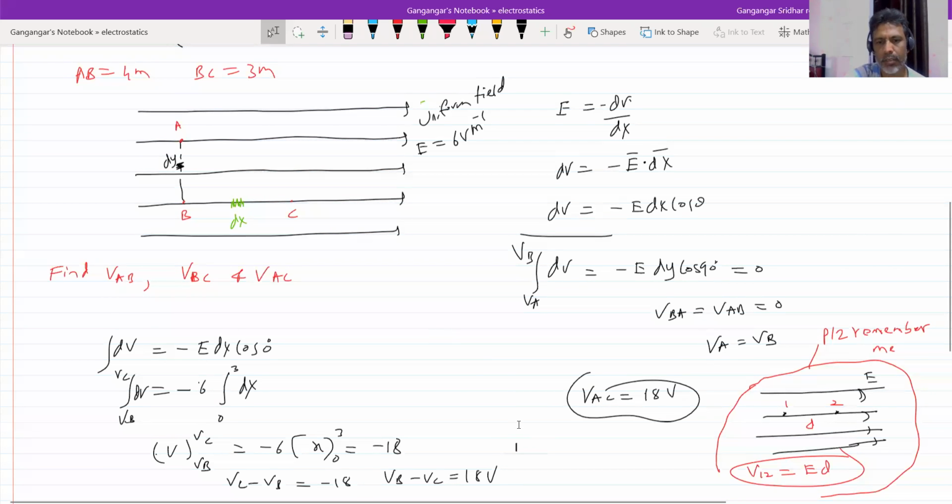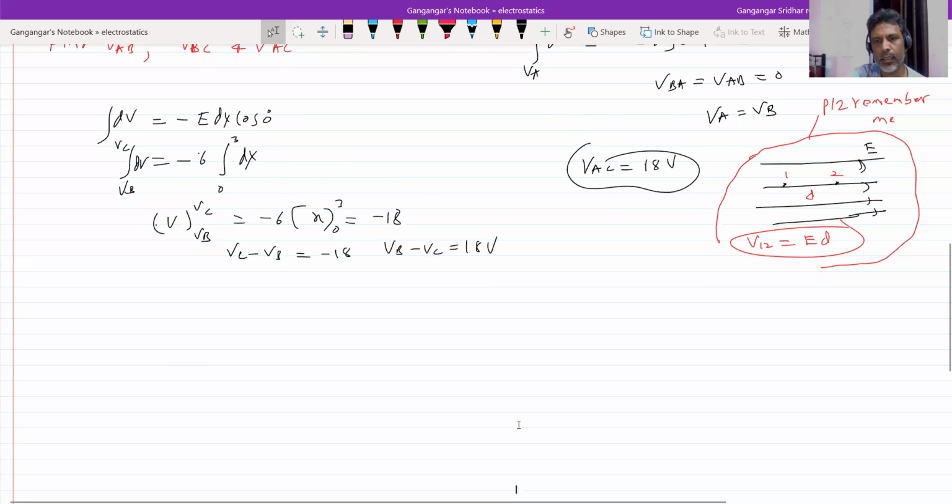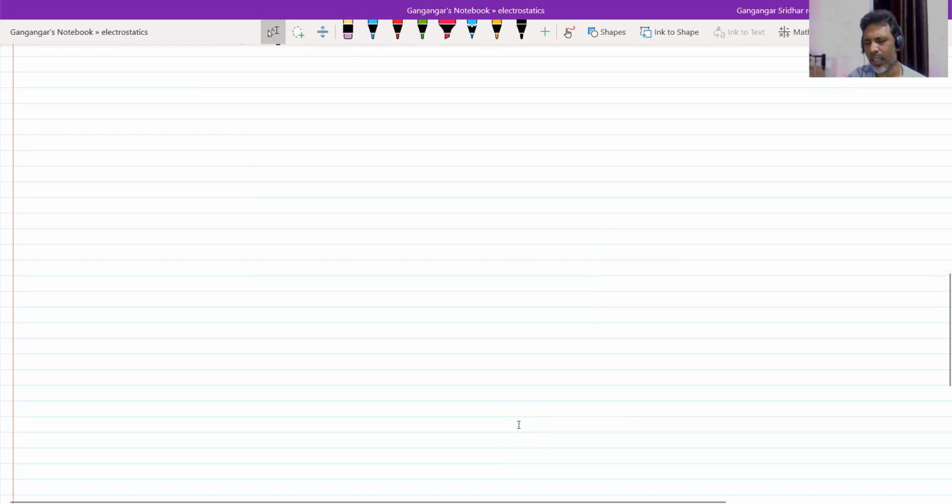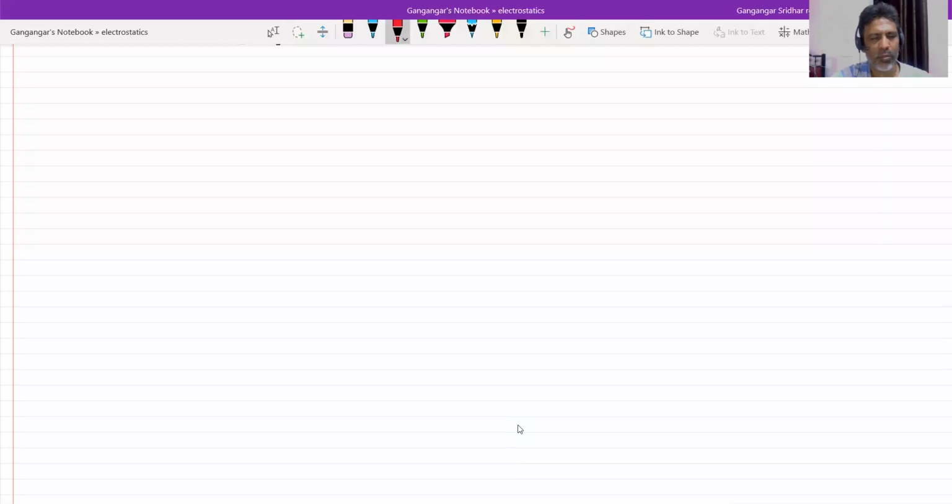I'll scroll down. Let me give. In books, they're given plenty of numericals, because it's math based. Any equation you write will become one problem. That's why you get plenty. Don't focus more on this topic. My personal view is that you can do any number of problems, the idea is the same. If you know potential, to get field, differentiate. If you know field, to get the potential, integrate, finish over. Whether you do 100 problems, 1,000 problems, or 10 problems, the idea is the same. So only one idea is involved here.